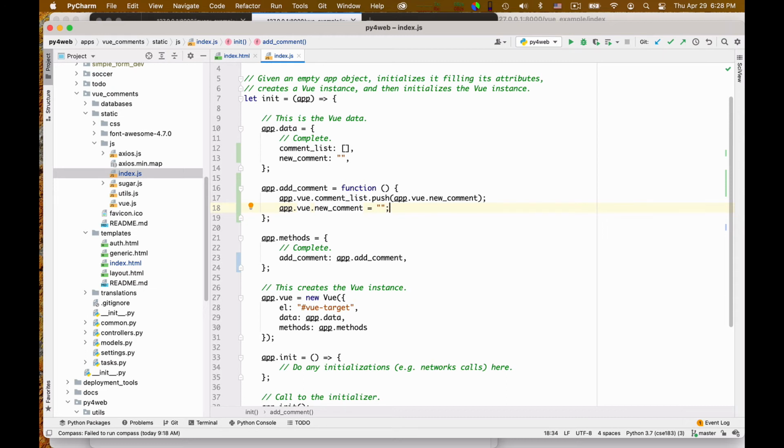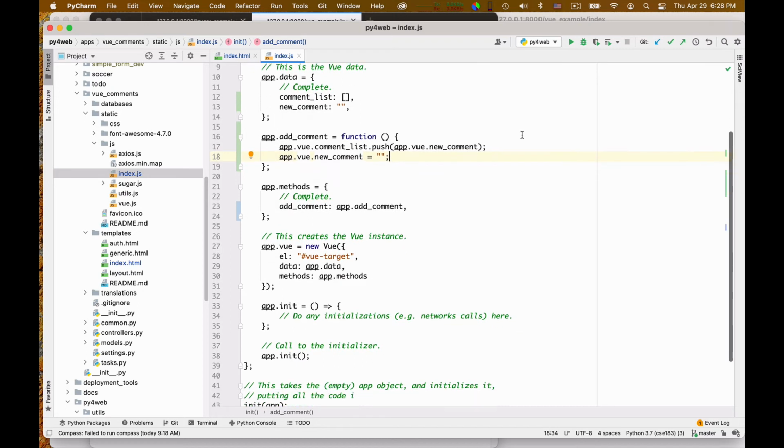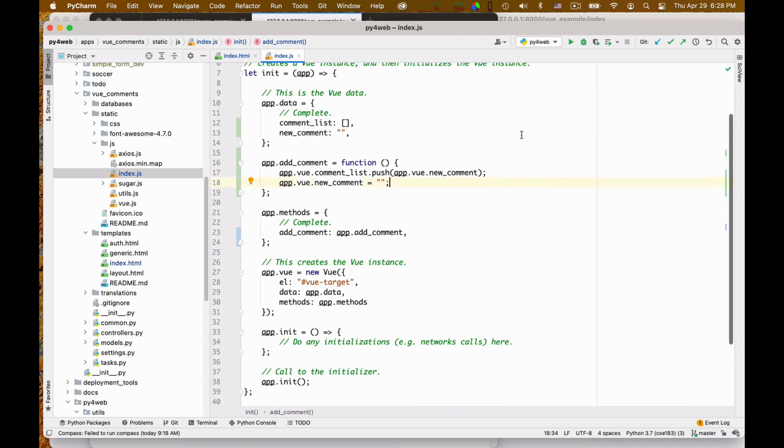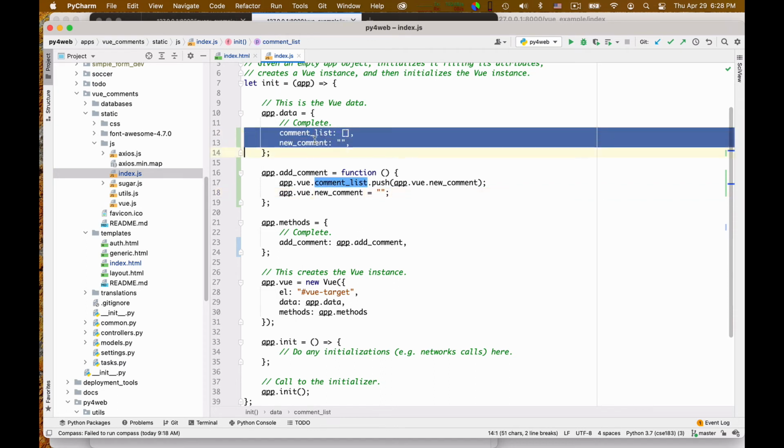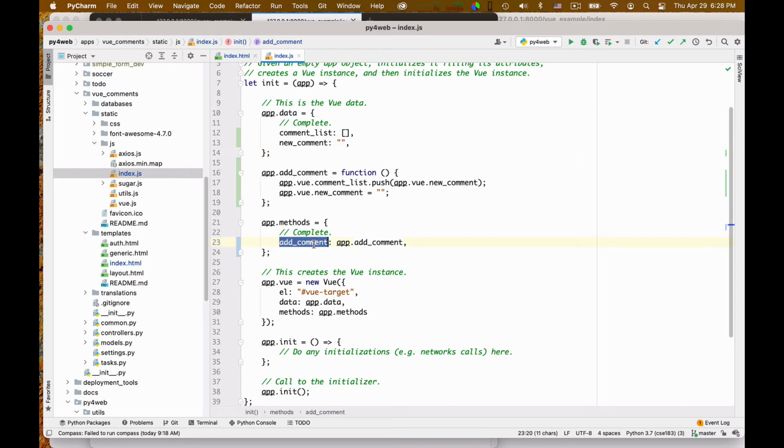Okay? And I believe this is it. So you see that the state of the page is driven by these two data that determine how the layout looks like, and by this method that acts as an event handler for the events in the DOM tree. This is what establishes the correspondence.